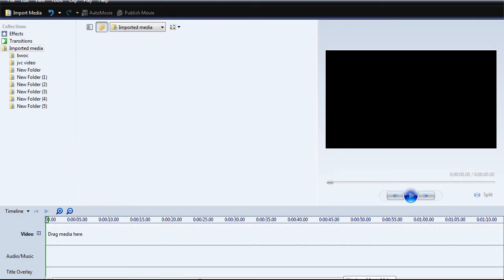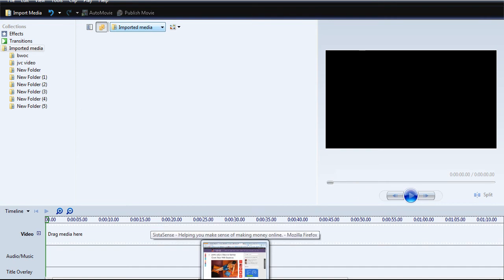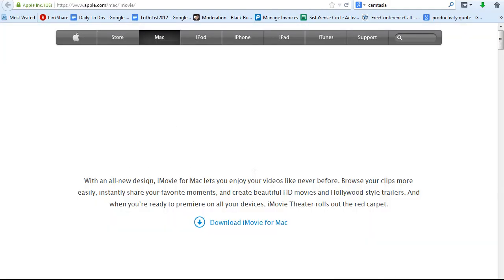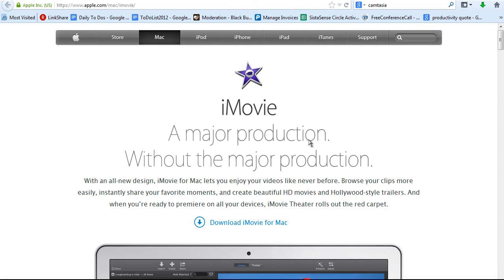And I also use Camtasia when I want to do a little bit more. But Windows Movie Maker is quick and easy, and you should have it on your Windows application. Now, some of you guys have Apple, so you may go, well, that's great for you PC guys, but what about us? Well, I have been told that iMovie makes